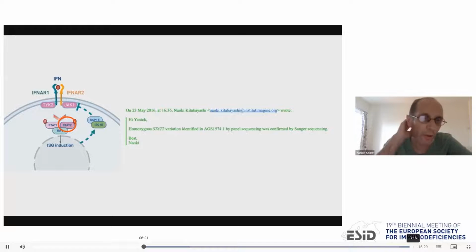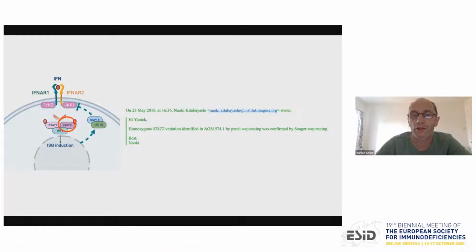But I also want to draw attention at this point to STAT2. So STAT2 we recognize as a molecule that's involved in facilitating the interferon response post-interferon receptor. So in 2016 in my lab, when we put a patient from Tracy Briggs on our panel, we found these variants in STAT2, and I have to say I wasn't particularly interested in those variants as a cause of an interferonopathy phenotype, but it just goes to show that you need to keep up with the literature,